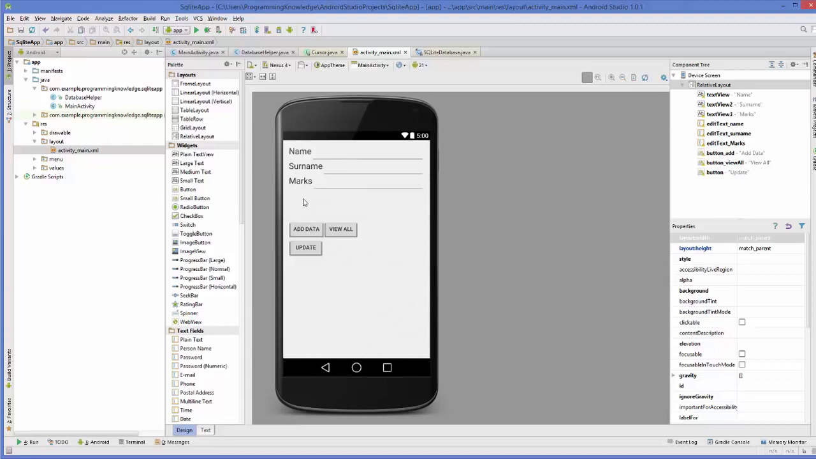So what I'm going to do is I'm going to quickly add this ID text view and edit text so that we can enter the ID also. So now I have added this ID edit text and text view here, right? Now we are good to go. So next thing we will need to do is we need to create a function in our database helper.java class, which we have created in the last videos. So let's go to database